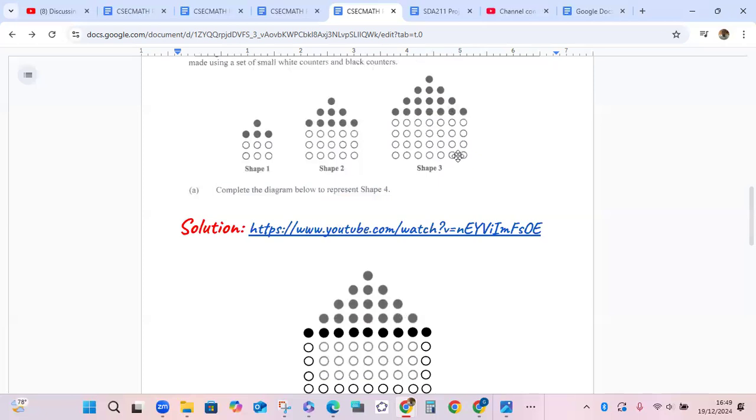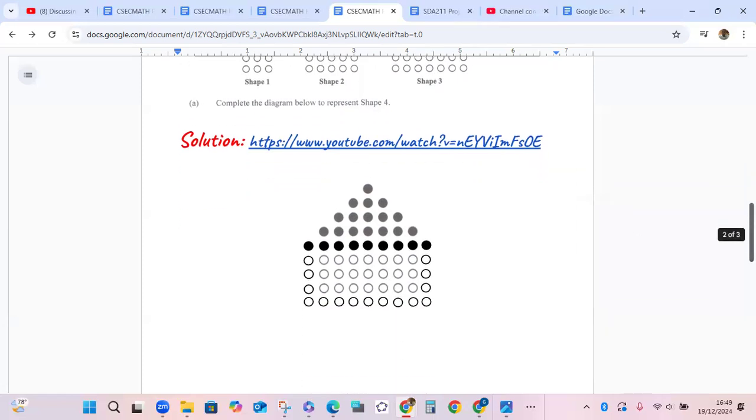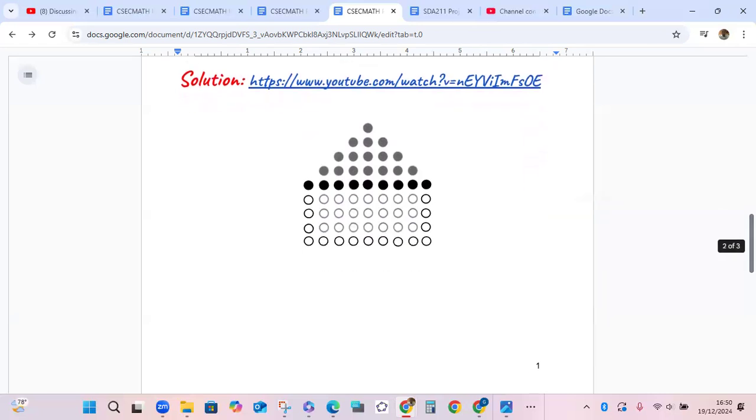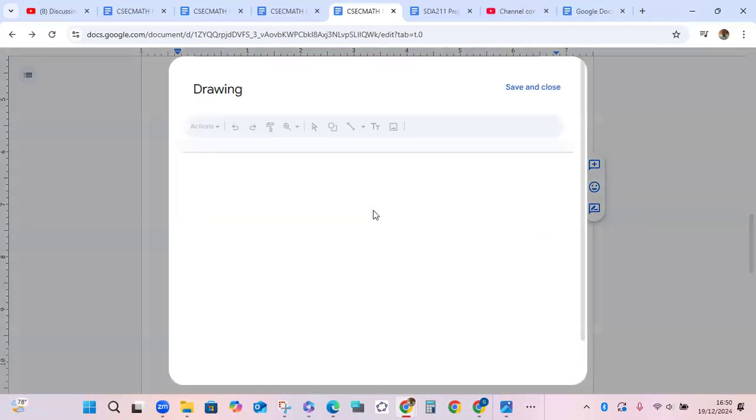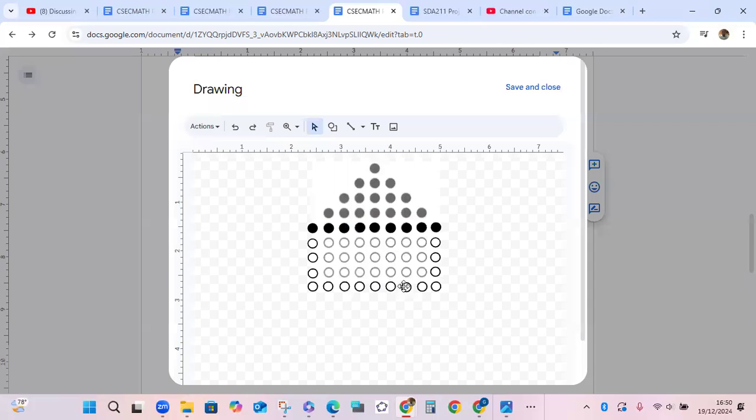So there's an error because 4 is not a factor of 45, and another row is missing. Mistakenly, I thought it was 4 rows that was there, and I just need to add 1 more row. But the 4th shape, they only put 3 rows, so I needed to add 2 more rows for the 4th shape. So the answer in the previous video, there's an error